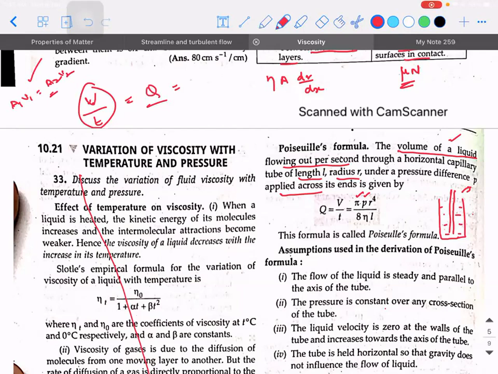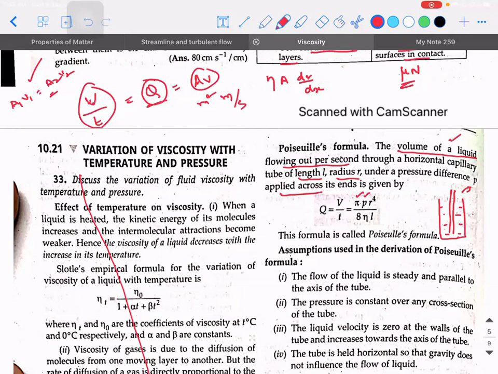Irrespective of how it is derived, I'm sure you would have definitely seen this expression, A1 V1 is equal to A2 V2, where A represents the area of cross section and V represents the velocity. Whenever I talk about rate of flow of liquid, that can also be called A into V, because area multiplied with speed is also going to give you volume per unit time. Dimensionally, observe, area is measured in meter square. Velocity is measured in meter per second. So meter square into meter is meter cube per second. Meter cube is nothing but volume, second is time. So volume per time is what is called the rate of flow of liquid.